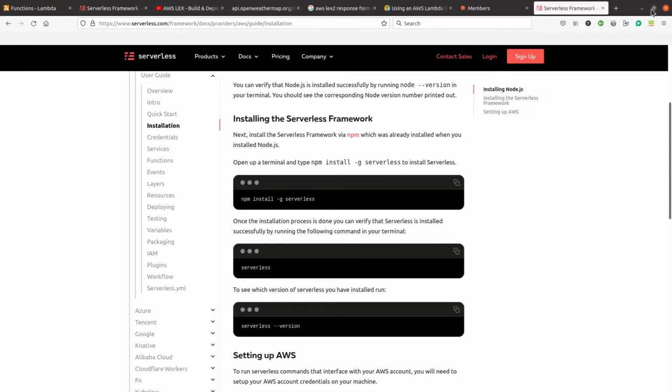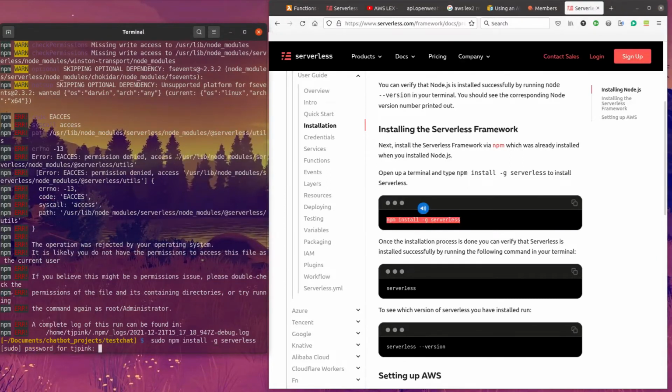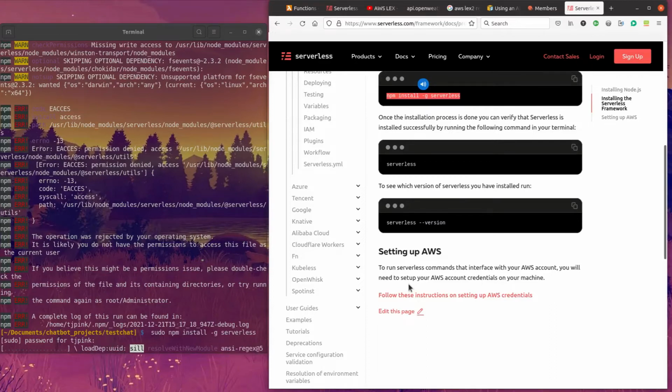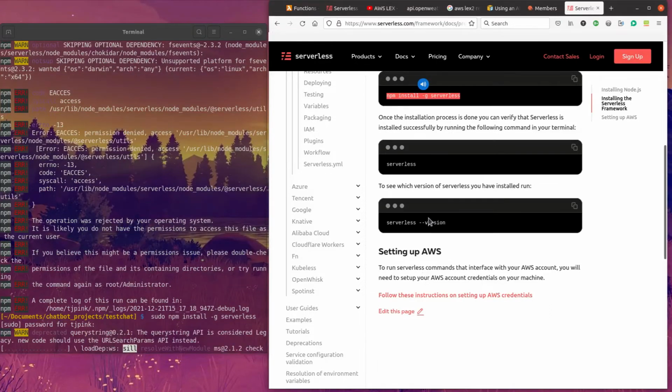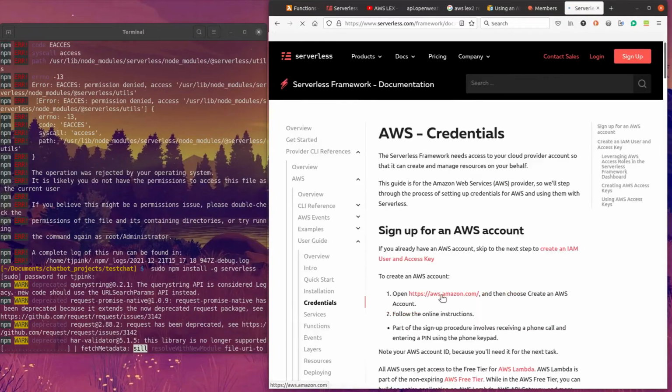I've done that. In my case, I have to use sudo because this needs administration rights. I'll just show you how I did it. It takes a while, about 2 to 5 minutes. After you finish the installation, make sure there's no error, and then you can follow the next page for the